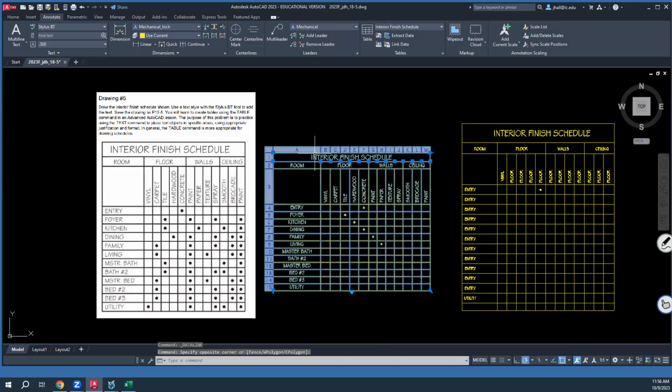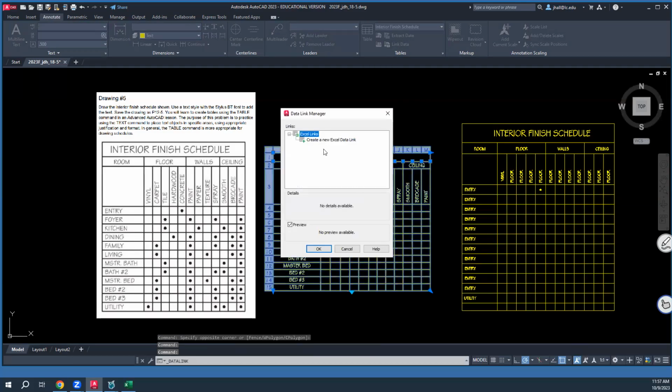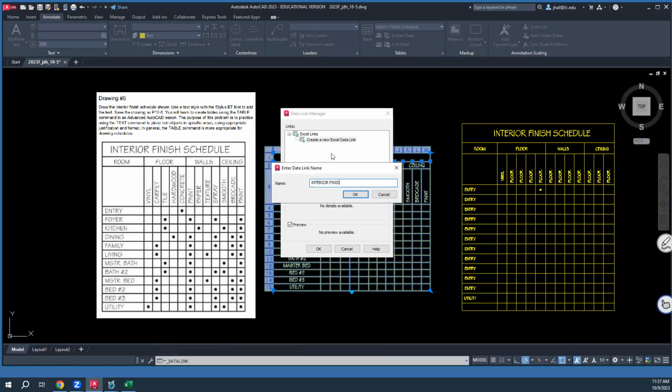Let's try one more time. Click. I'm going to say link data, create a new Excel link. I'm going to call it... I cannot see. Let's see if it'll catch it now. I think you all have Excel on those computers, don't you? Okay. What I might need to do, people, because of the way it's